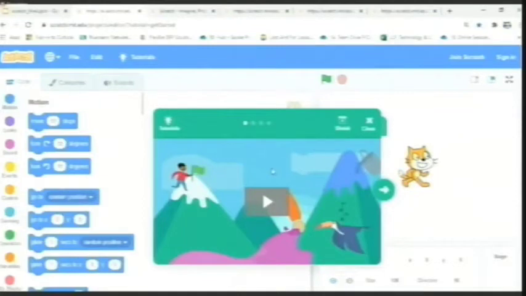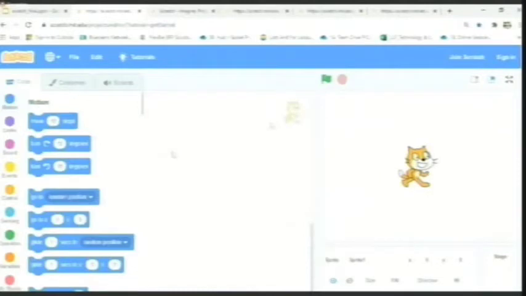Like I told you, there is a small tutorial always available in Scratch. So if you're lost, you have all the access to the content right on the portal. So for now, I am going to close this and then I'm going to take you to the portal. So having said this, there is a Scratch right on the screen.